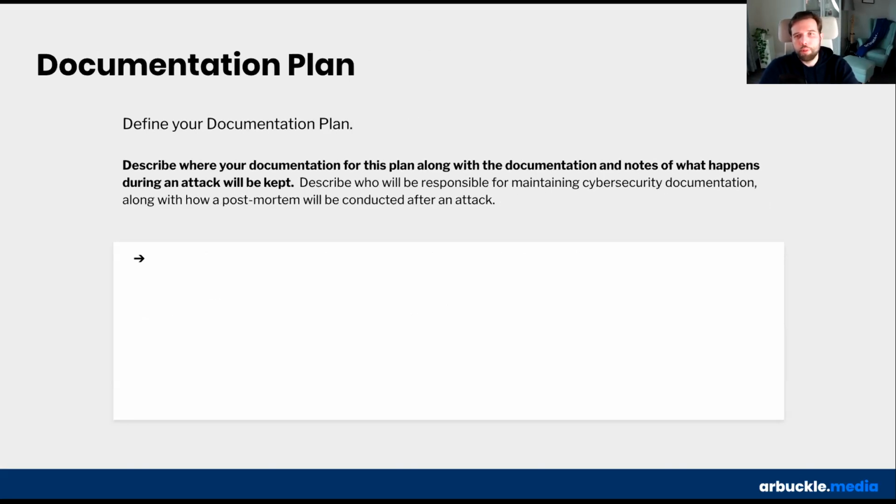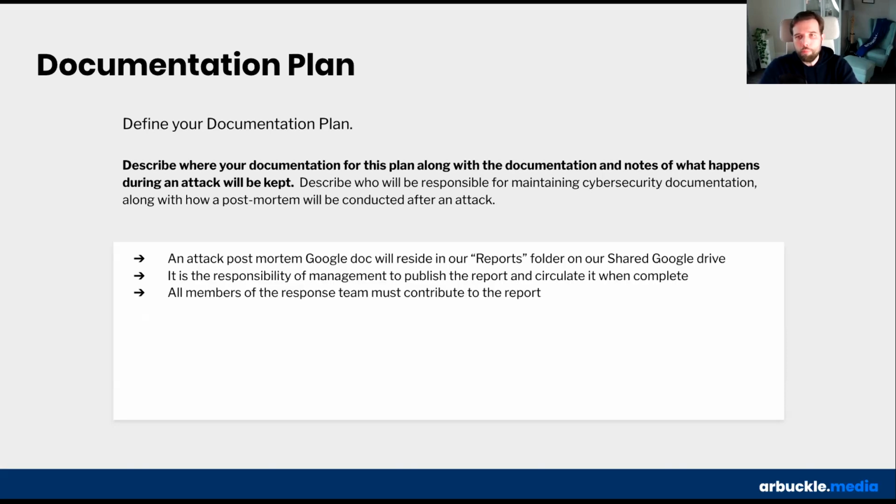And finally, your documentation plan. Once something happens, creating a post-mortem. And in our case, that's what we would do. We would create a post-mortem, all the things that we know that have happened, that we suspect might have happened, who did what, did we try, what seemed to work, what didn't work, create a more efficient response in the future should it happen again. Even if it was something that there wasn't a full breach, or if it was just an attempted breach, creating a report of it, putting that somewhere where people can access.